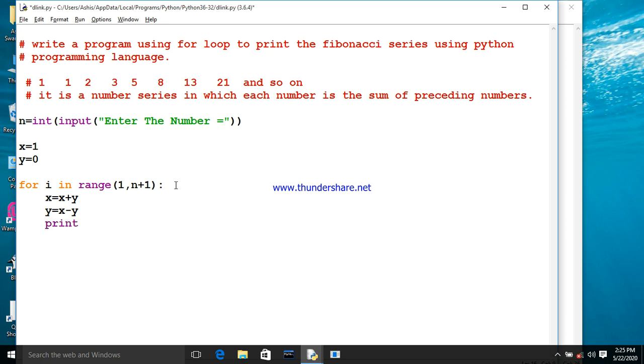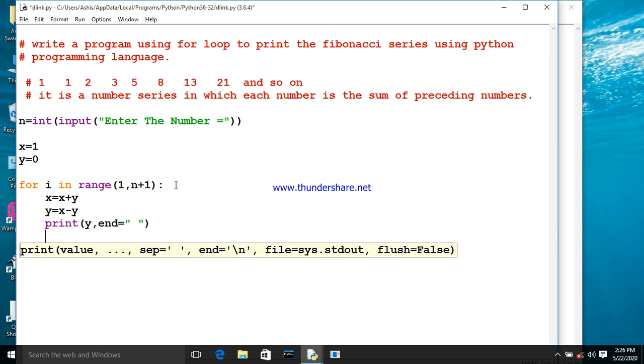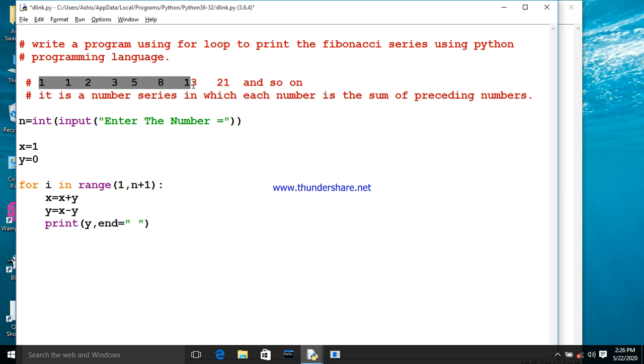And now the final step is to print. We all know from our previous video that the print statement is used in Python for printing any text or messages in the script mode of Python. So I want to print the variable y, then a comma, and I have to write end equal to, which is specially used for putting a tab between the two numbers. That means, as shown here, 1 1 2, there will be a gap between 1 and 1, then a gap between 1 and 2, then between 2 and 3, then between 3 and 5. According to this series format, for that reason I have to use end.